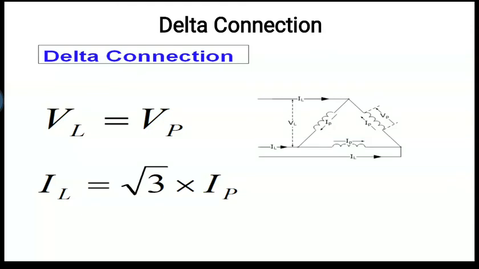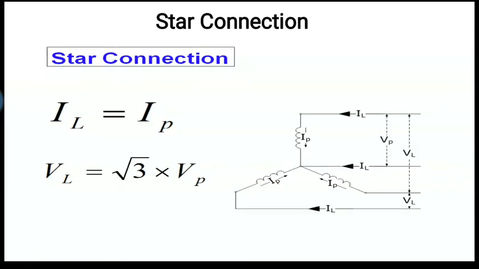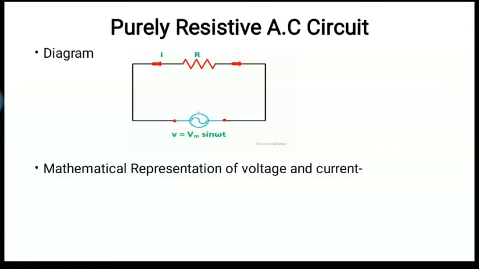Okay, maybe they can ask for 2 marks also, and with the diagram they can ask for 4 marks, but it is very simple. So this is a relation between voltages and current in the delta connection and a star connection. Remember this thing, star and delta connection are for three-phase supply, right? It is not for single-phase supply. So let us see the next thing.